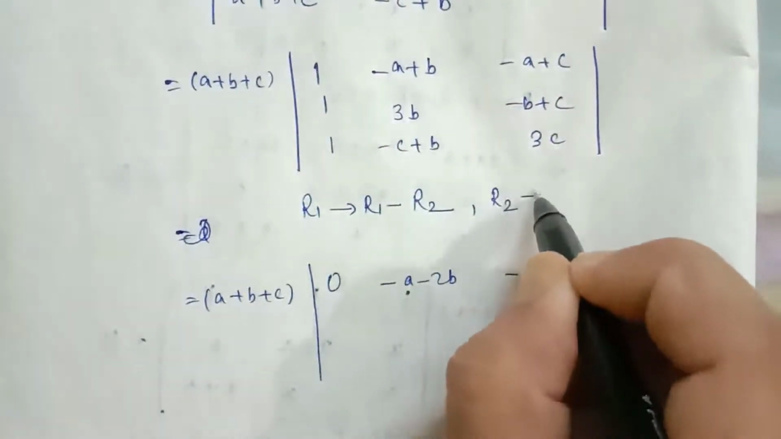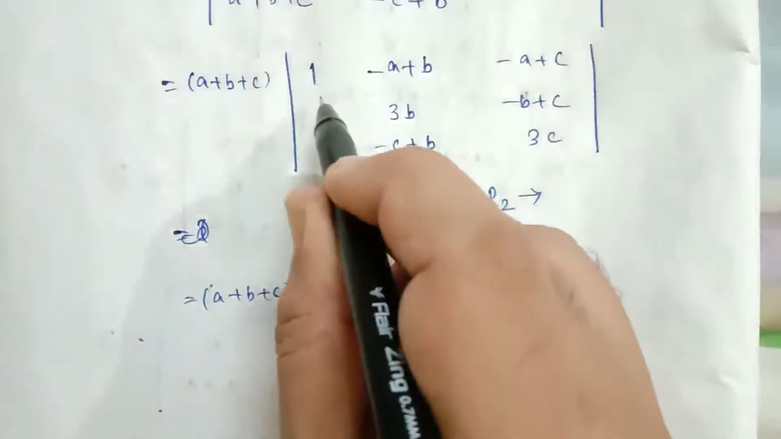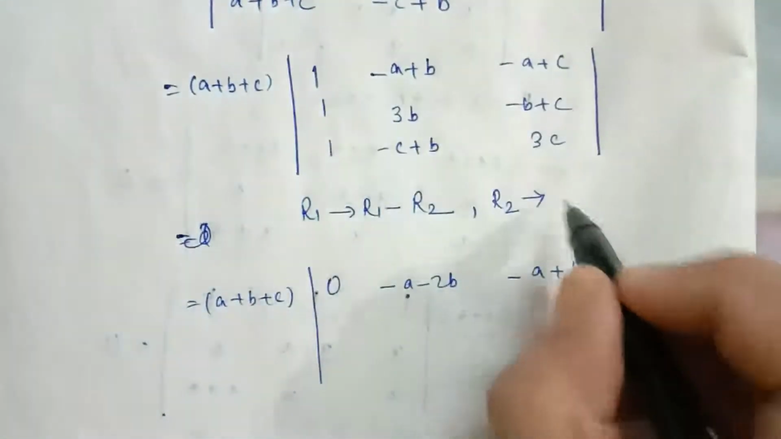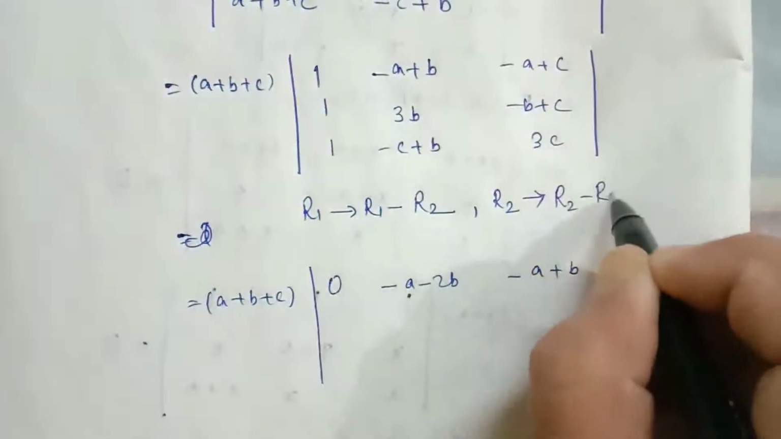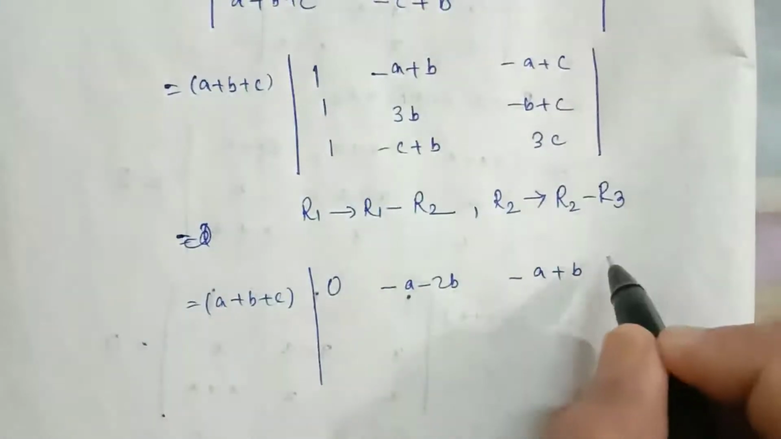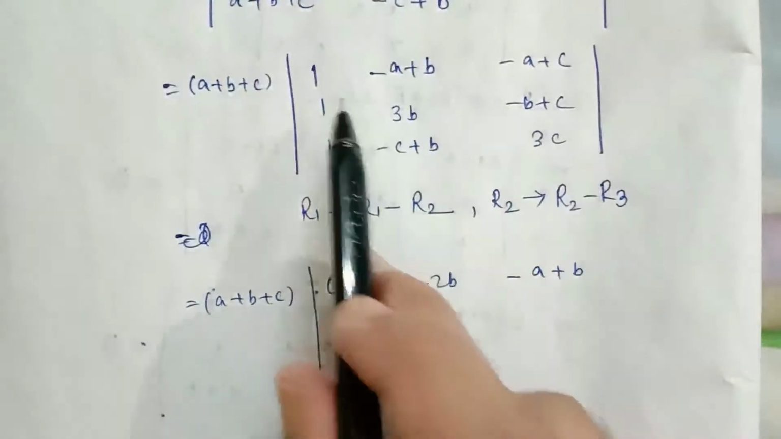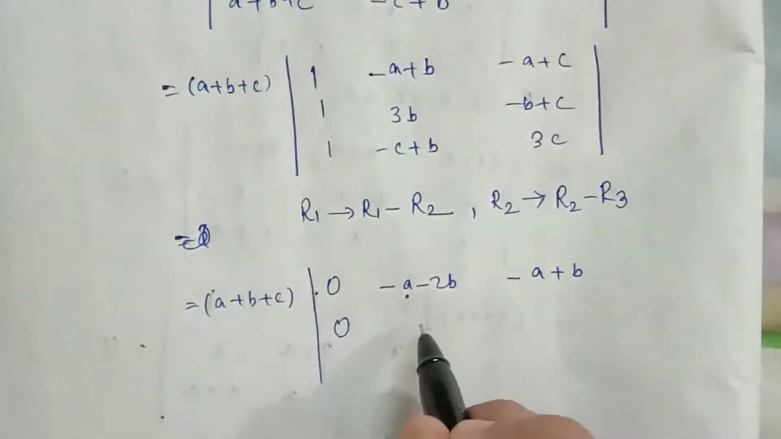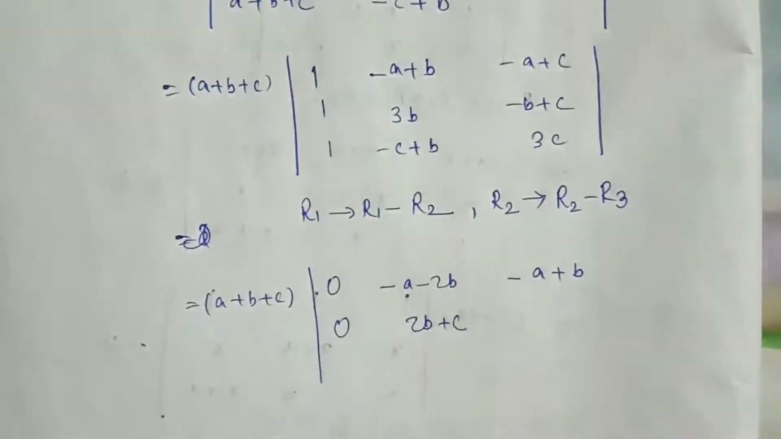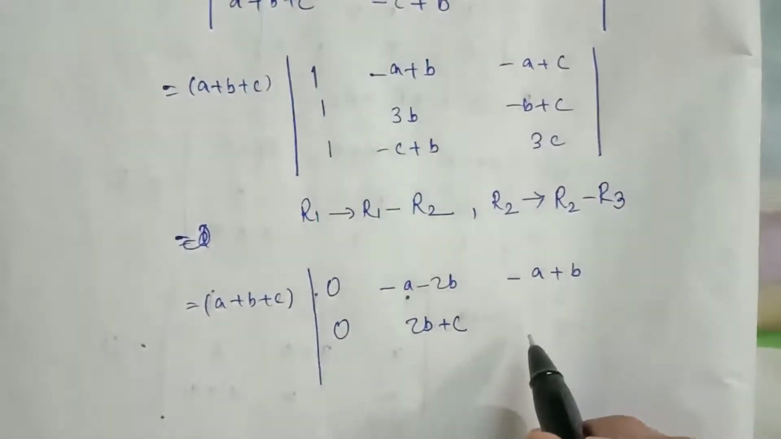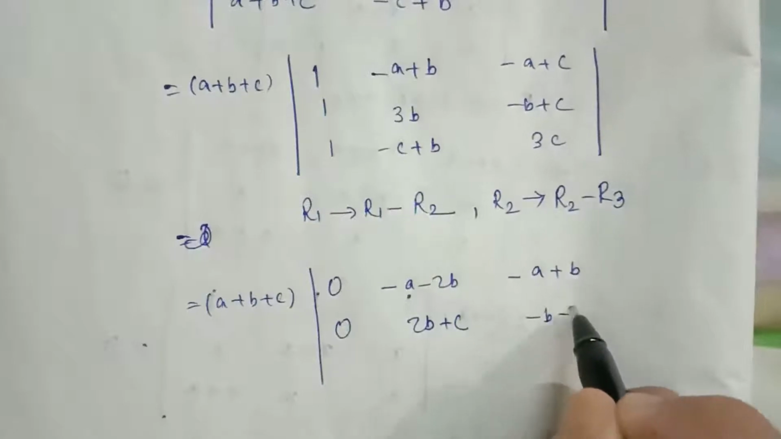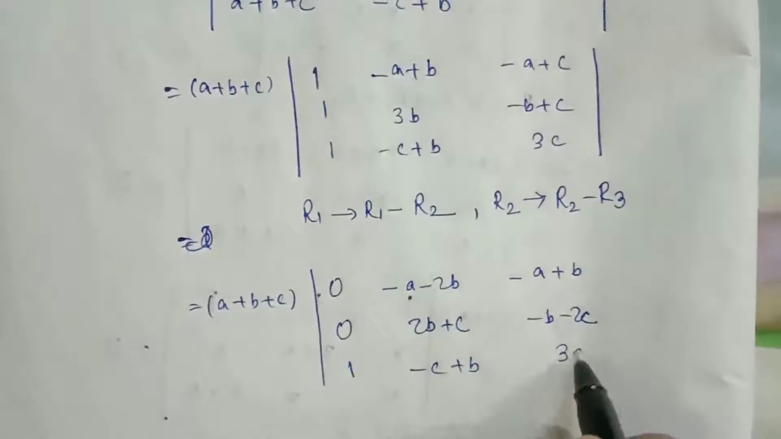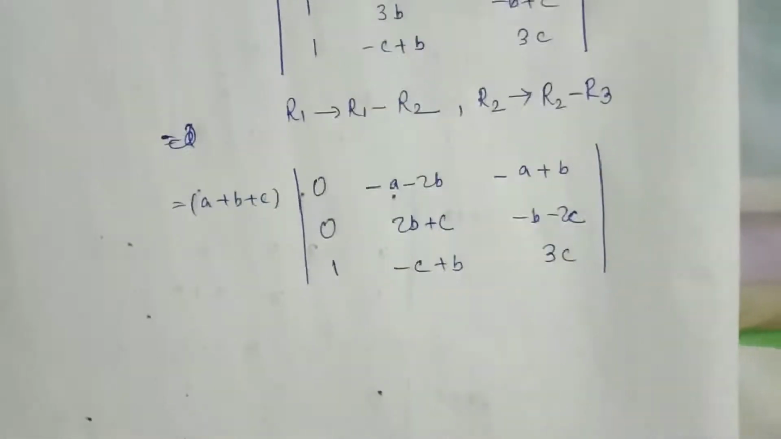Again, let us replace r2 by r2 minus r3. 1 minus 1 will give us another 0. So replacing r2 by r2 minus r3, this will become 0. This minus this will be 2b plus c. This will be minus b minus 2c. 1, minus c plus b and 3c. Okay. Now you can see